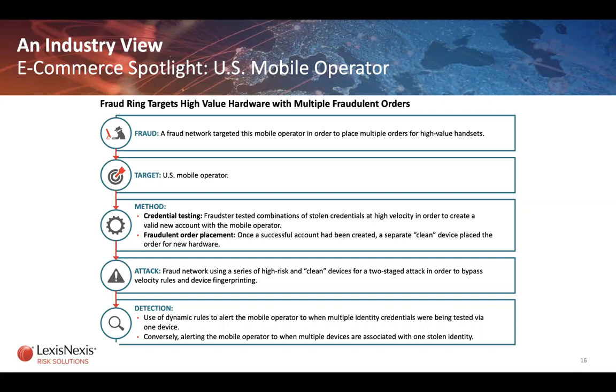What they would do is, once they had one successful account, they would then look to use that account and maybe that device to manipulate and place multiple orders for other hardware. So it was setting up clean devices, in inverted commas, brand new accounts, clean devices, and then using those devices to initiate multiple attacks, again trying to bypass standard kinds of analysis, where you're looking at simple things like a velocity rule from the number of accounts being processed, or standard device fingerprinting. But again, the customer was able to use